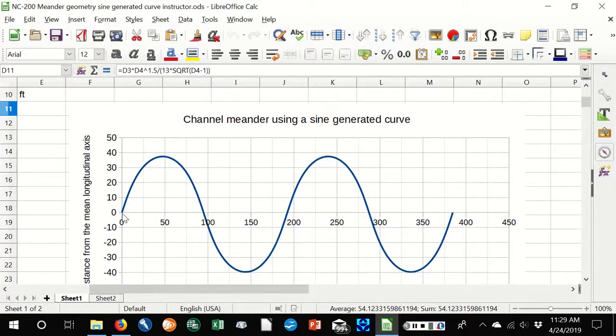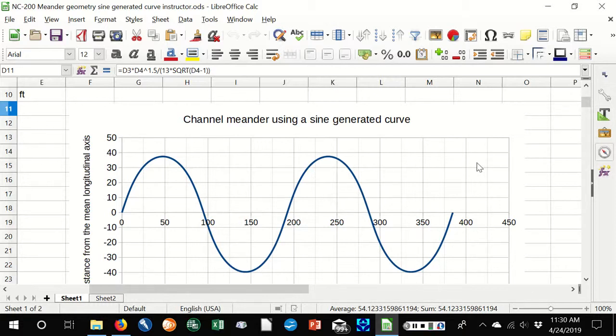Notice the meander arc length repeats itself, and within the meander arc length you have two riffles, two runs, two pools, and two glides. If you wanted to start at the bottom, you're starting from the glide and you're working your way around until you finish in a pool. But this then would be the plan view